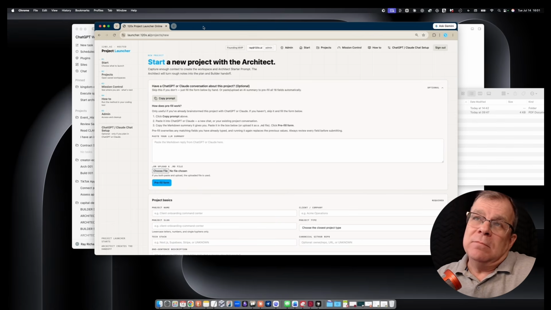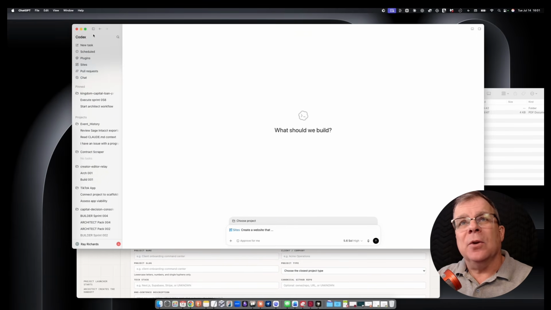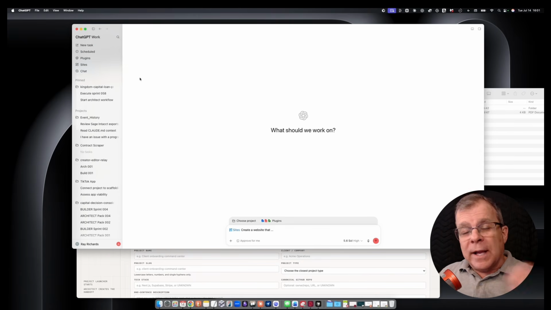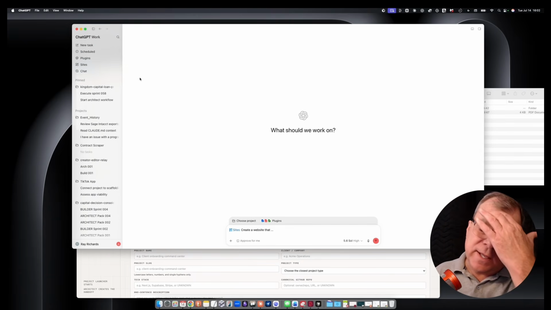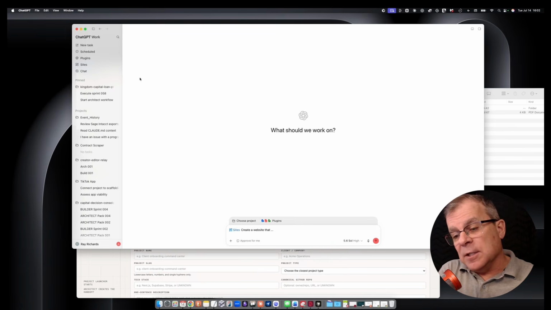I usually do it in Claude. That's my preference, but I'm going to do it in ChatGPT because they've updated it, and I want to see how well it can do. They've combined ChatGPT and Codex into one app. I know some people don't like this, but it's more like Claude now and using Cowork. And it's kind of nice using Cowork instead of just a regular chat, or in this case, ChatGPT work,